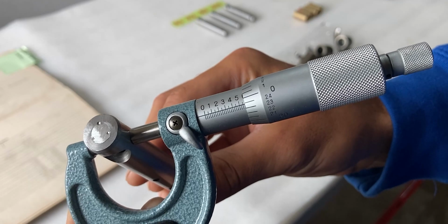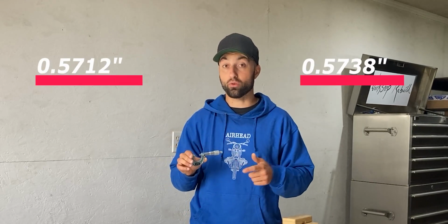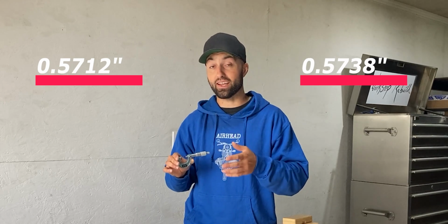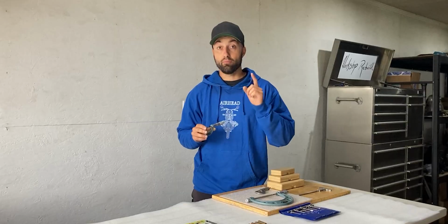After taking a quick measurement with my 0 to 1 inch outside micrometer, something didn't add up. According to the service manual, the largest size is allowed to be 0.5712. What I read on this micrometer was 0.5738. That's more than 2/1000ths of an inch larger in diameter. But not only is it 2/1000ths of an inch larger on both ends of the shaft, but it is smaller